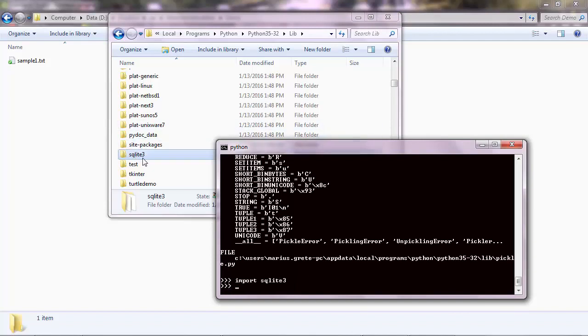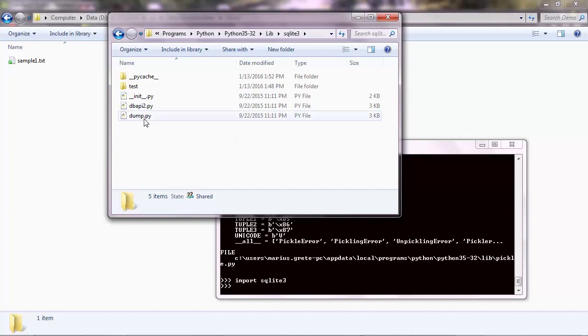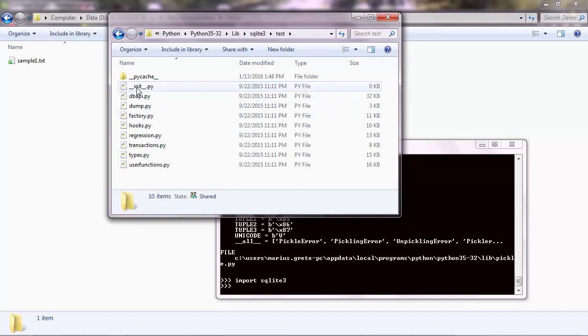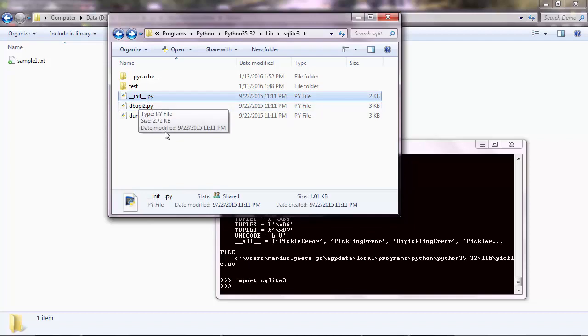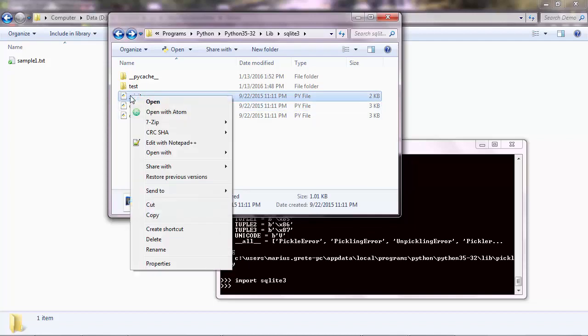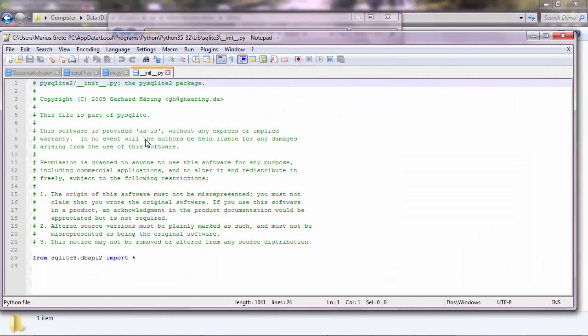And if you look at SQLite 3, you'll see a bunch of Python files, as I said, and here you have files as well. You don't have to know this, but basically what happens is when you import a library, this __init__.py file is executed in Python, and this contains the code that loads all the available methods in Python. Now this particular one imports yet another file into Python, a module, SQLite 3 DB API 2,